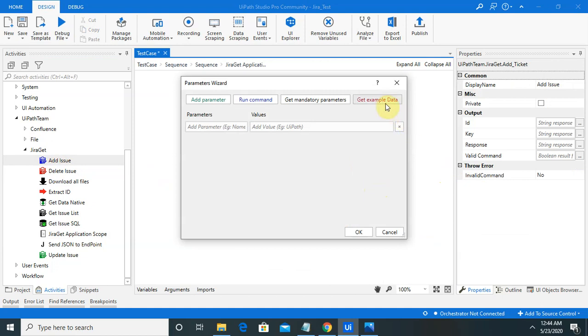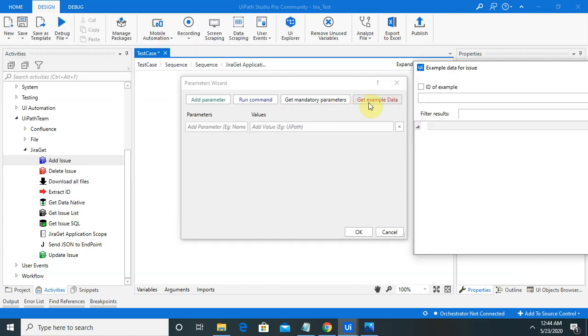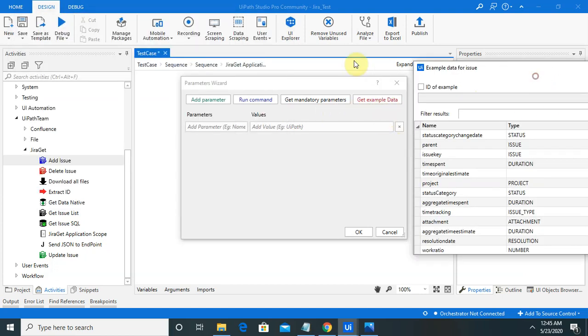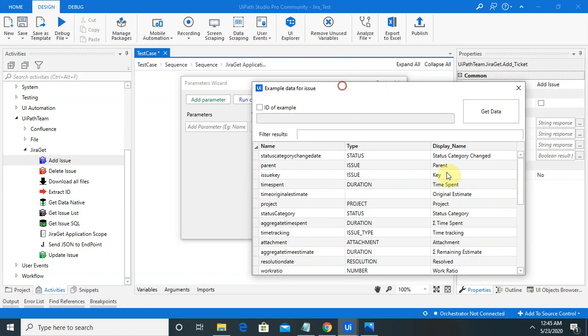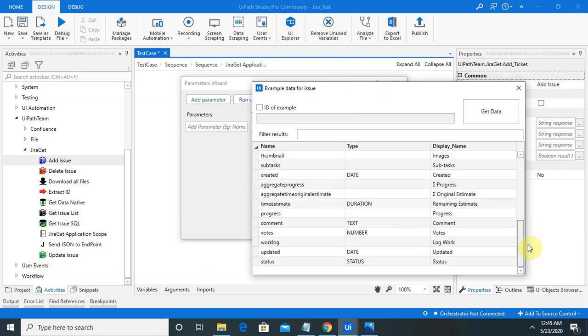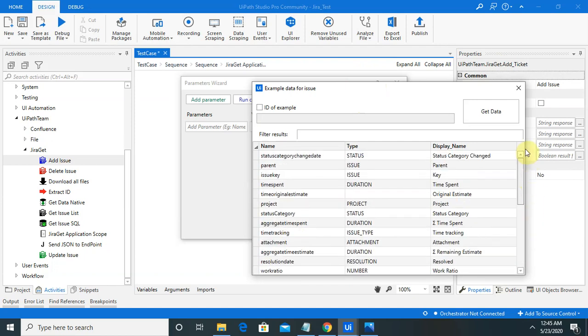If you want to see an example, click on the Get Example page. From here you can see the status category, parent, and issue key. You can get all the details from here. If you want to get data, just click on Get Data and the data page will appear for you.